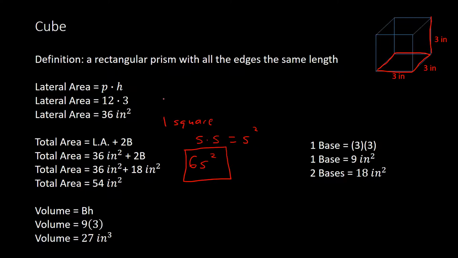And then I guess even for the lateral area, we have 4 sides that we're dealing with. So everything but the top and the bottom. So we have 4 s squared for the lateral area. And then for the volume, we have the area of the base, which is side times side, multiplied by the height, which is the same length as the side. So we take side times another side, which would equal side to the 3rd power. So if you wanted, you could use these 3 shortcut formulas to find lateral area, total area, and volume, or